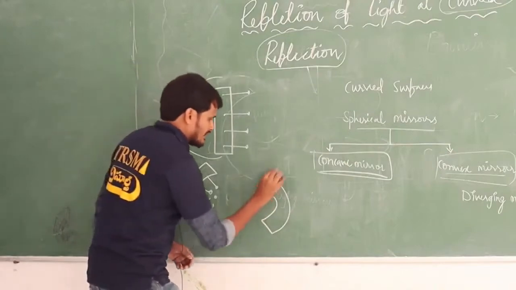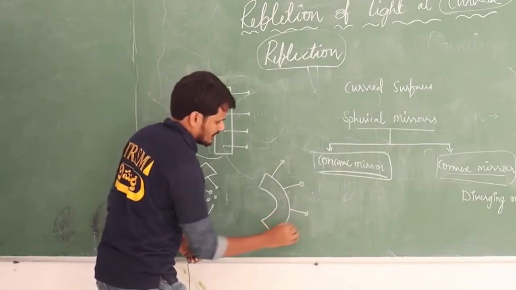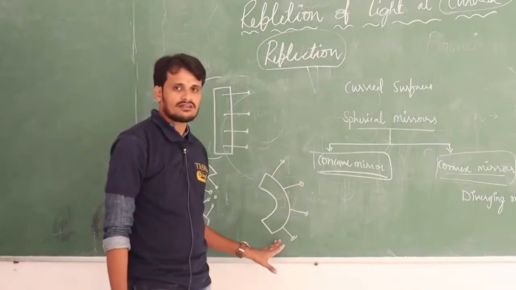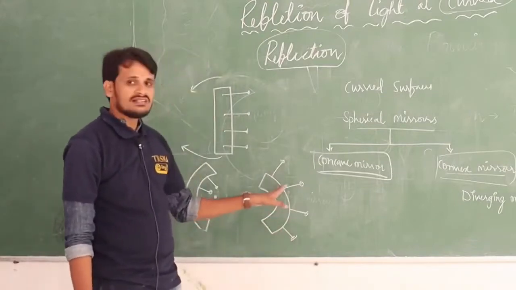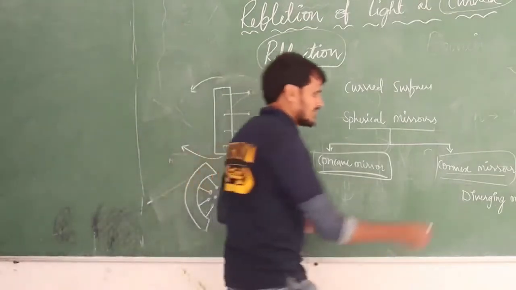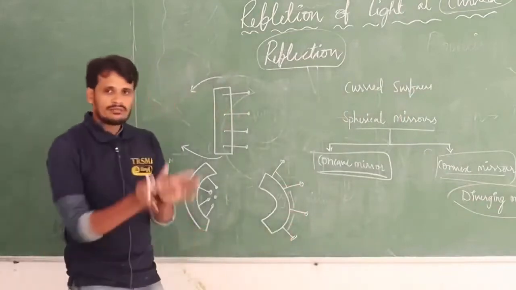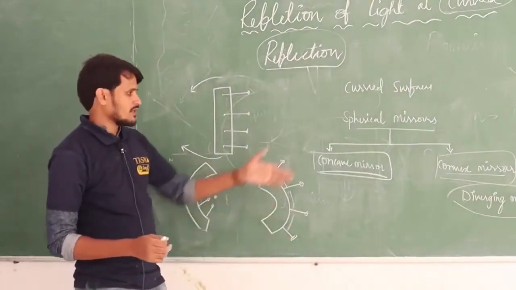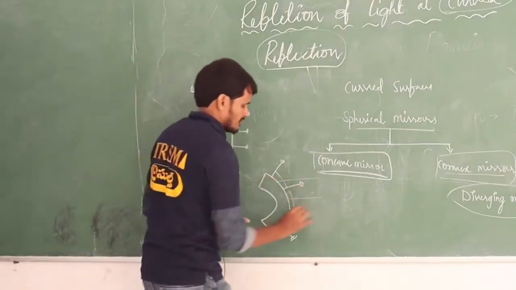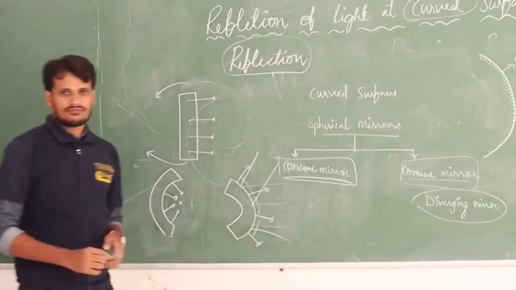In this case the direction of all the nails is different. All nails are showing different directions here, and that means bulging out. That is what we are calling diverging. All the nails are showing some divergence to us, and that is why the convex mirror is called a diverging mirror. If light rays fall on a convex mirror, the reflected rays are going to diverge just like this.